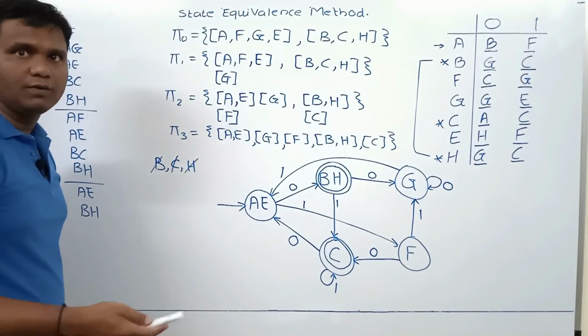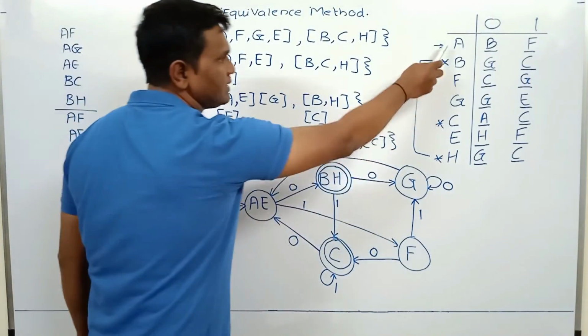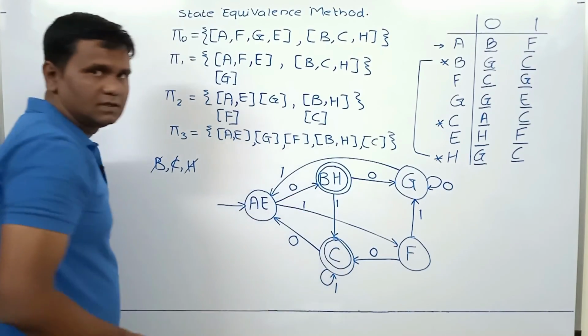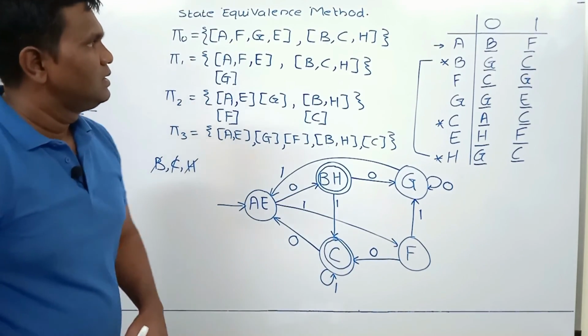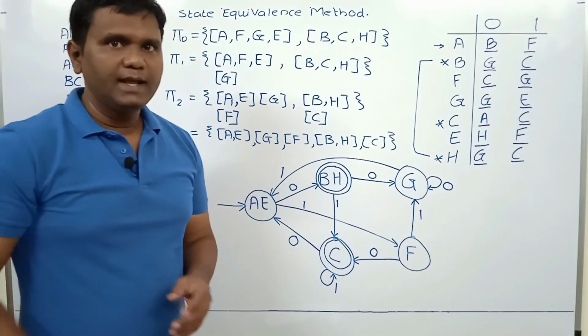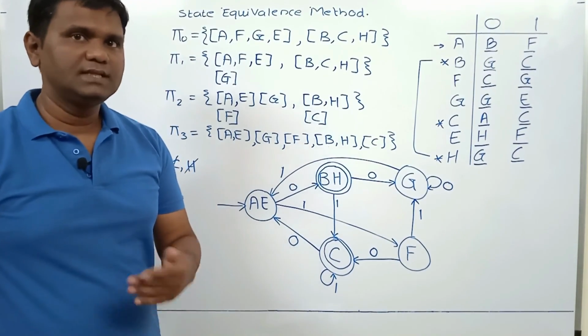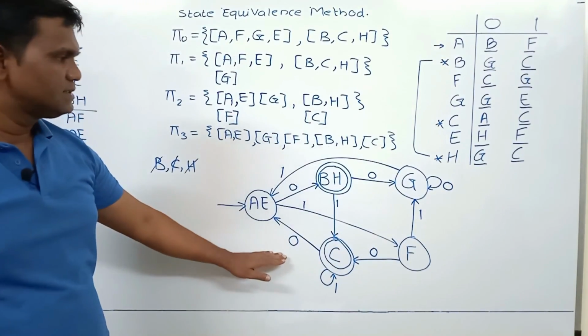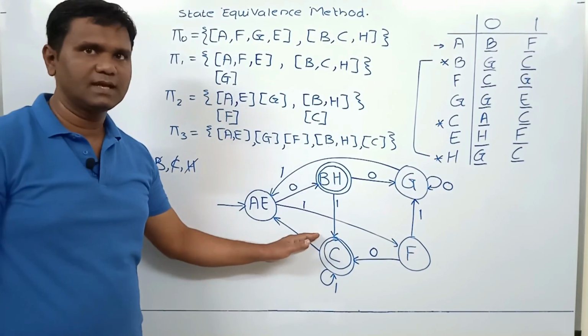So the important point over here is to cover all the final states in the given DFA, we have to mark these two states as final states. So the given DFA had 8 states, 1 state was unreachable, 7 states are reachable, and the minimal DFA contains 5 states and 2 states are final states.